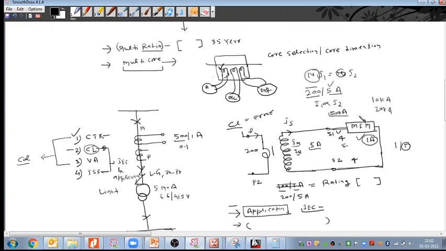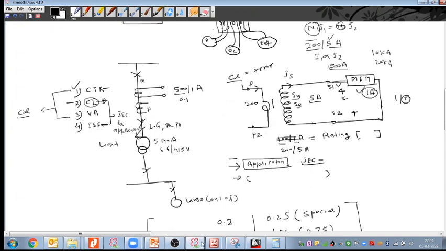So what we want, to protect my instrument plus my connected cables, is that when the fault happens, this CT should saturate. This CT should saturate, but not immediately. Not immediately means not on every current. How many times current